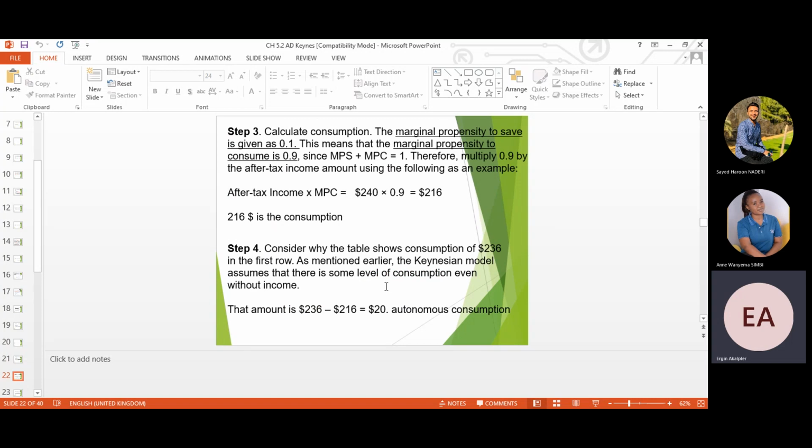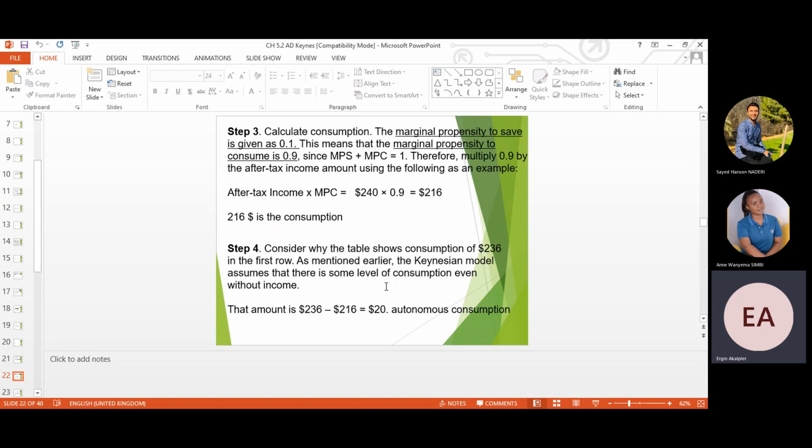Step 3, calculate the consumption. The marginal propensity to save is given as 0.1. This means the marginal propensity to consume is 0.9, since the marginal propensity to save plus the marginal propensity to consume is equal to 1. Therefore, multiplying 0.9 by the after-tax income amount, we will get the consumption amount for the consumer. In the given example, we have 260, and the rest you will also estimate with this